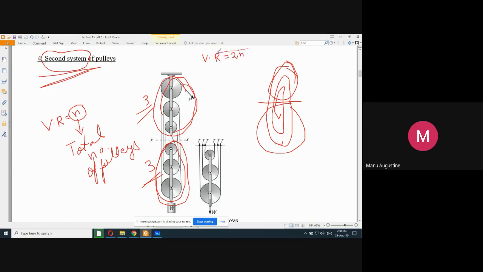But in this definition, n is the number of pulleys in the movable set only, which is equal to 3 in this case. और जनरल केस में तो आप इसको बढ़ाते भी जा सकते हो कि दोनों सेट्स में एक एक पुल्ली बढ़ा दो, तो इसमें भी 4 हो जाएंगे, इसमें भी 4 हो जाएंगे। दोनों सेट्स में एक एक पुल्ली कम कर दो, तो इसमें 2 हो जाएंगे, इसमें भी 2 हो जाएंगे। So you can construct any type or any second system of pulleys with any number of pulleys attached to each set।